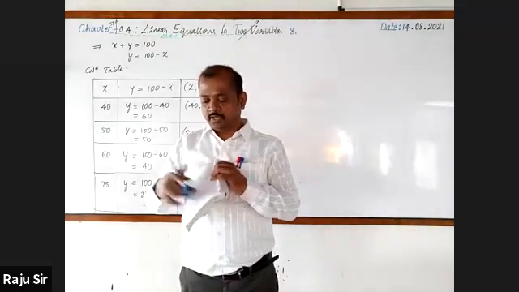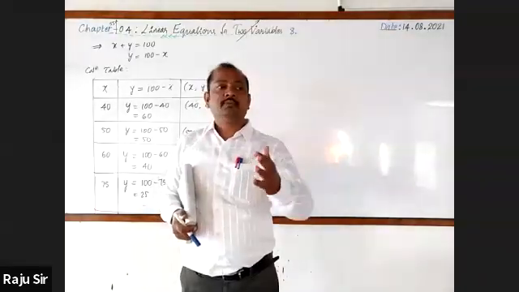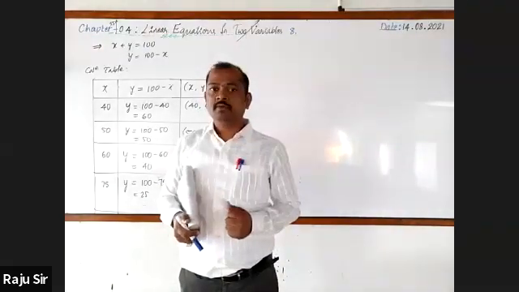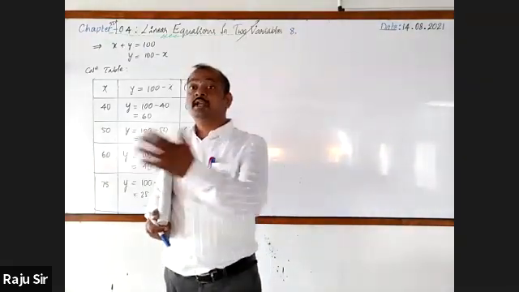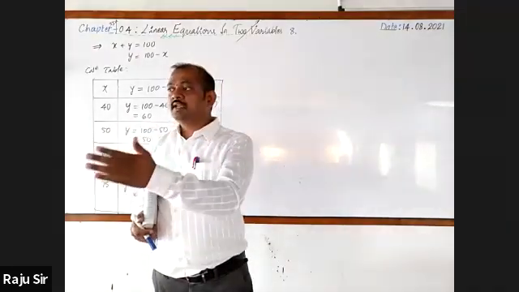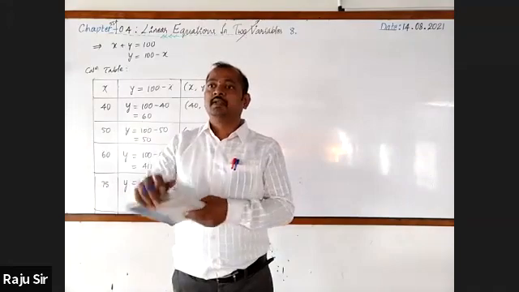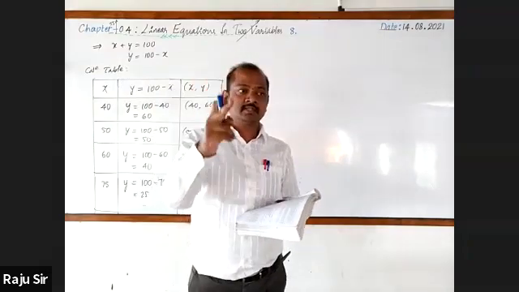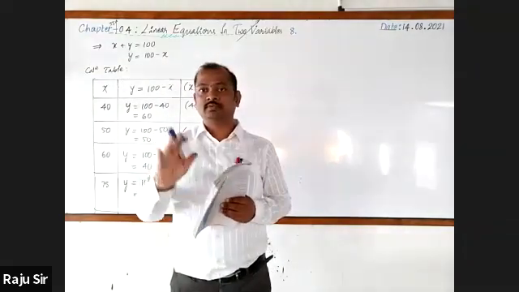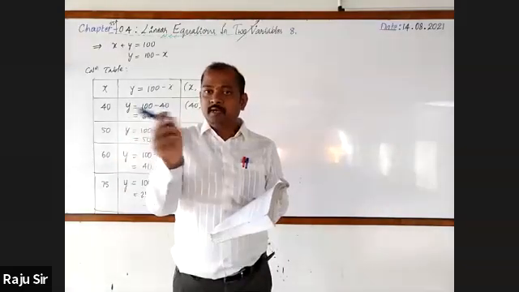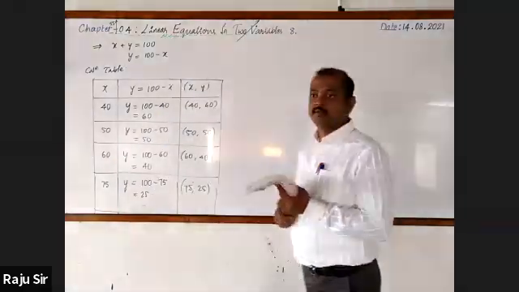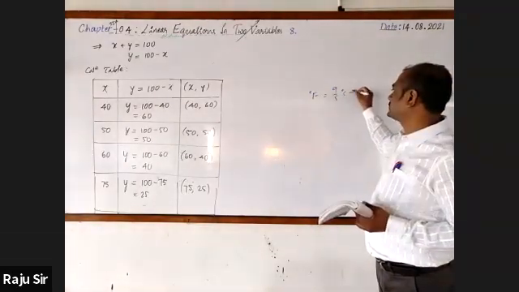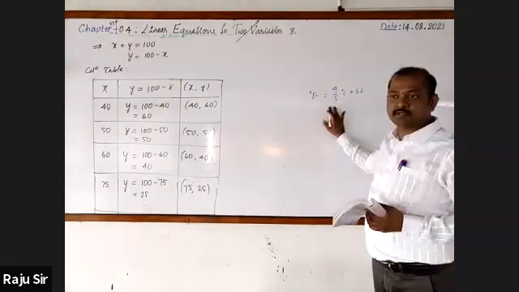Example, see here. We have learned about different scales of temperature in the chapter called Matter in Our Surroundings. Do you remember? We have learned the relationship between the Celsius scale and the Fahrenheit scale. Degrees Fahrenheit is equal to 9/5 into degrees Celsius plus 32. This is a science concept.